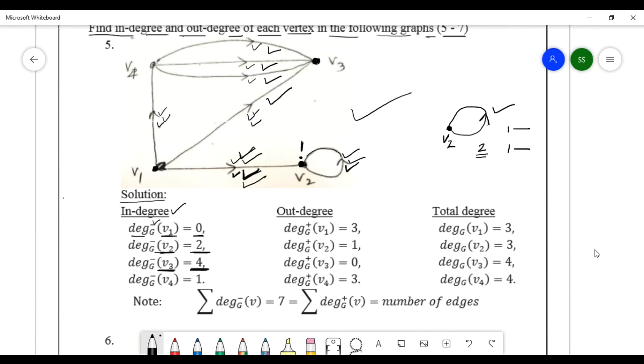Now come to this vertex V4 here. V4 is here. Now see how many edges are coming here. This one coming 1, and all the rest are going, this going, this going, this going. Only one coming, so in degree for vertex V4 is 1. This one. 1. Okay? Right?